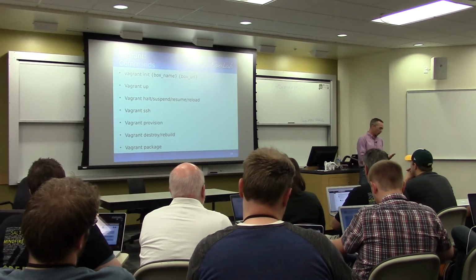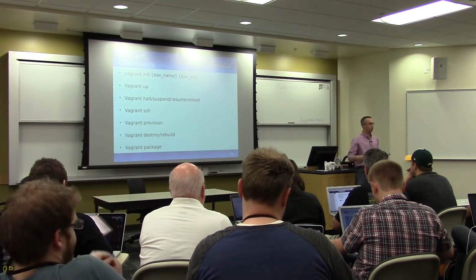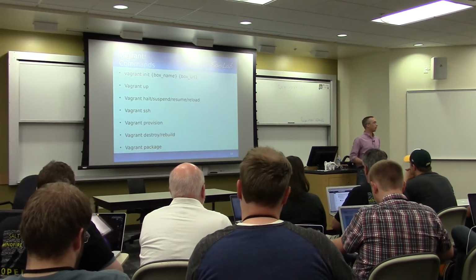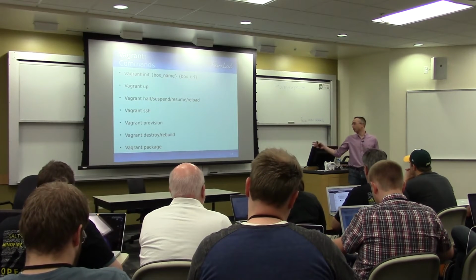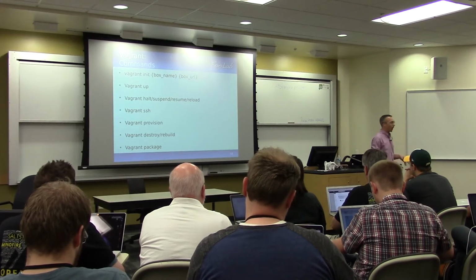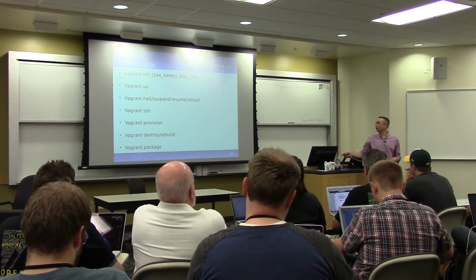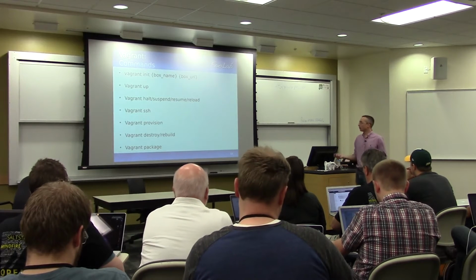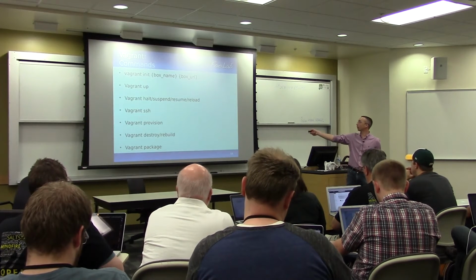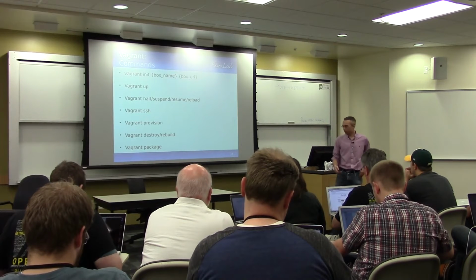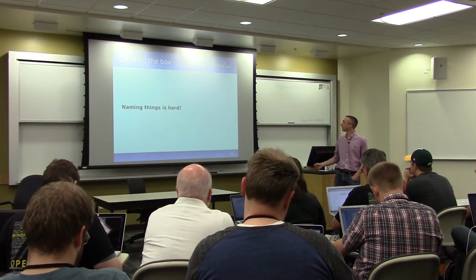And Vagrant package is fun. It's very cool because if you've spent all that time building that Vagrant machine, writing all those Puppet manifests, and now it's in a good state, you like how it is, what you do is Vagrant package. There are a couple options that you can check in the documentation, but a package will create another Vagrant box that you can distribute to your coworkers or whoever on the internet. So people could just do Vagrant init with the name of the box and the URL. So they don't have to re-execute all those manifests over and over, saving time.